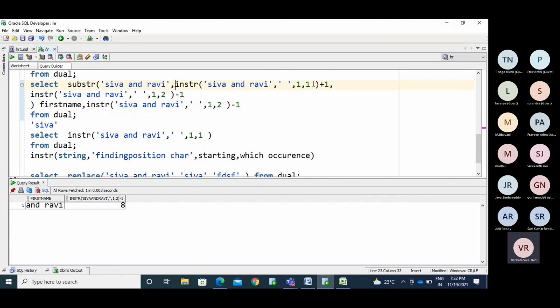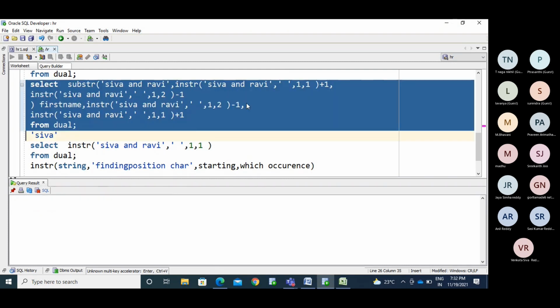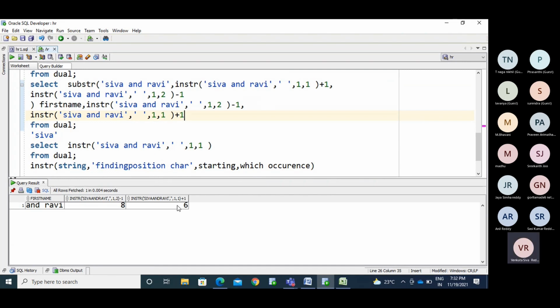From the 6th position, you are mentioning 8 characters. Okay, you are saying I need to display from the 6th position, 8 characters, but you need to display only 3 characters. In that case, what do you need to do here?